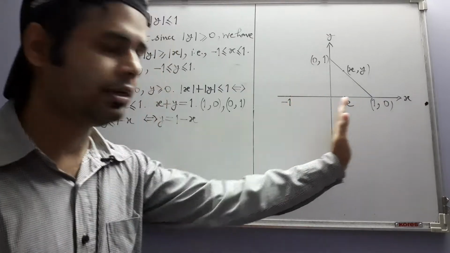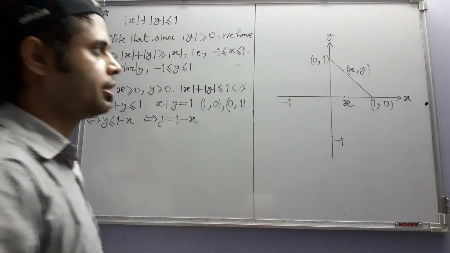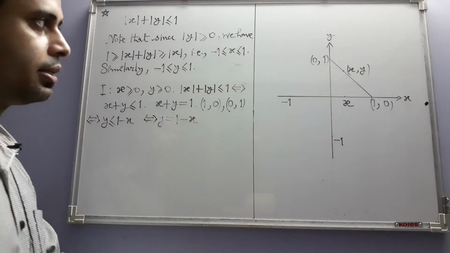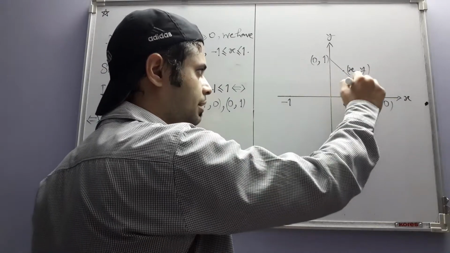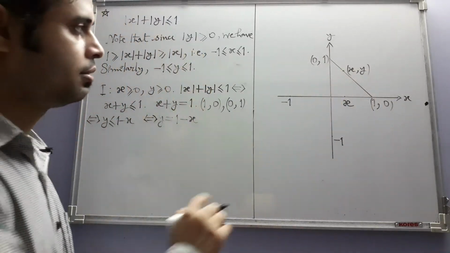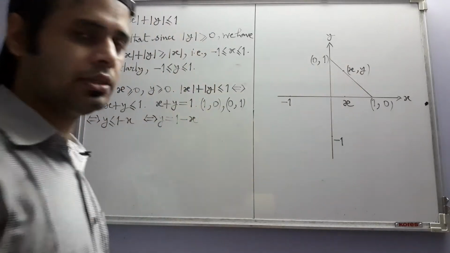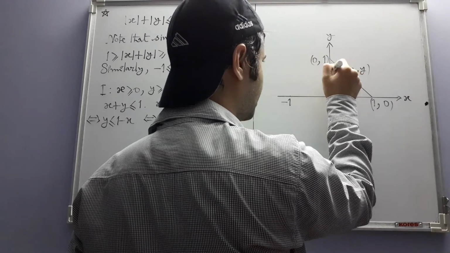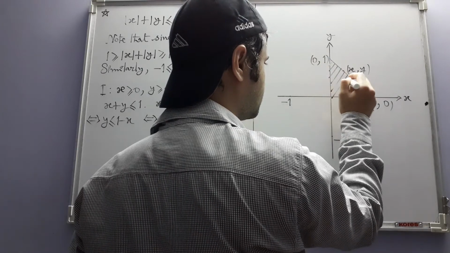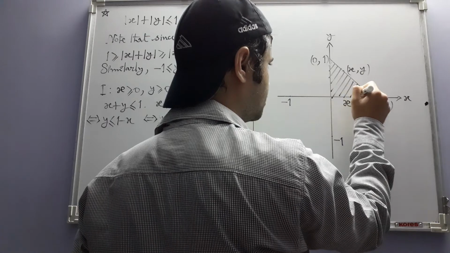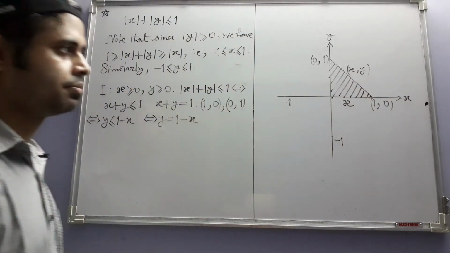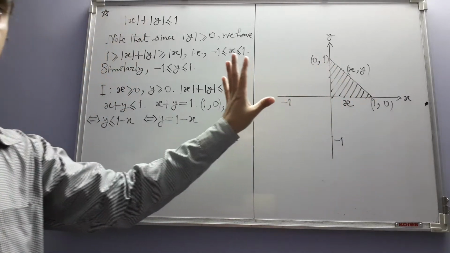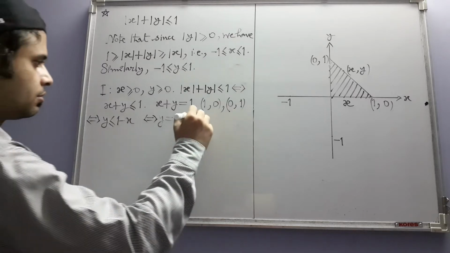Now if you vary x also, you can clearly see that your point will lie within this triangular region. It can lie on any one edge of the triangle, or it can lie in the interior of this triangle. So that's how you get one part of the graph, which is this triangular region. That includes the sides of the triangle and the interior of this triangle.